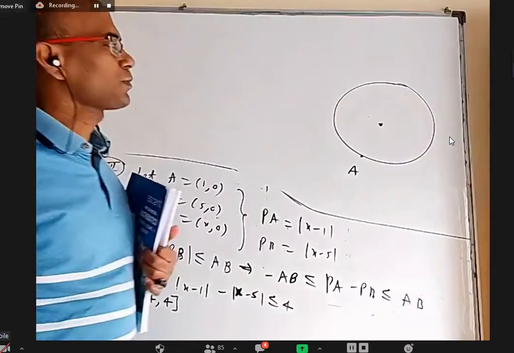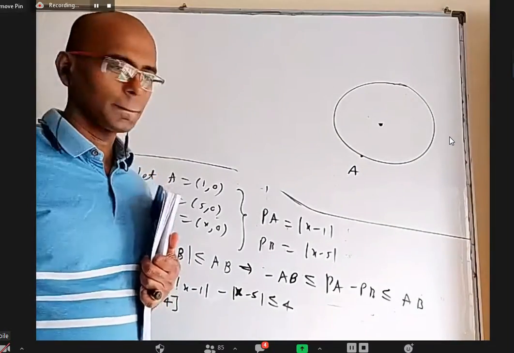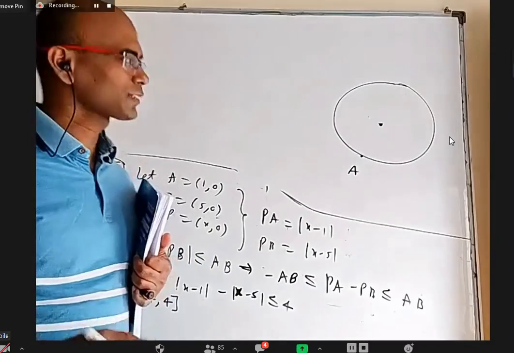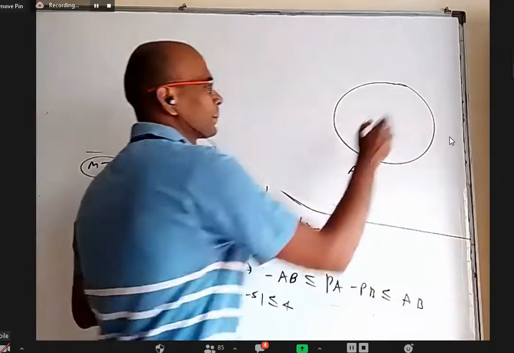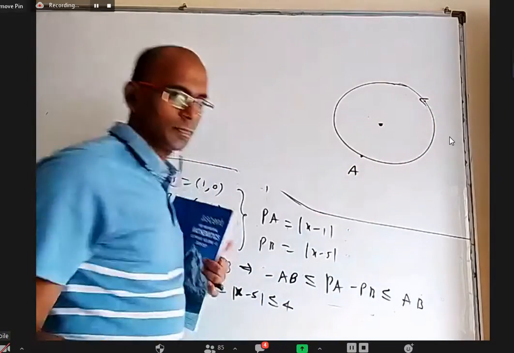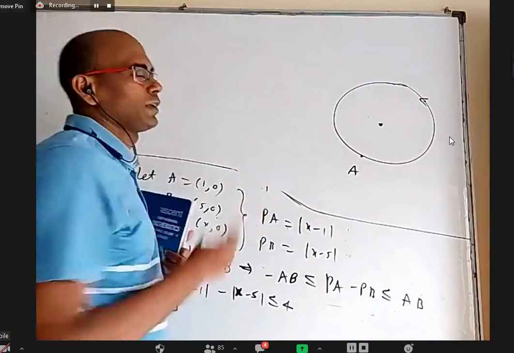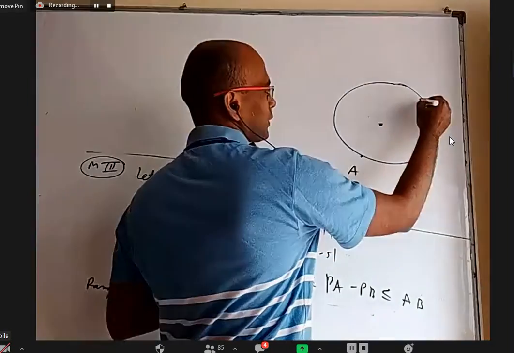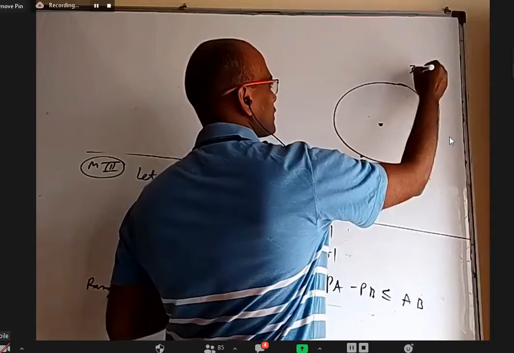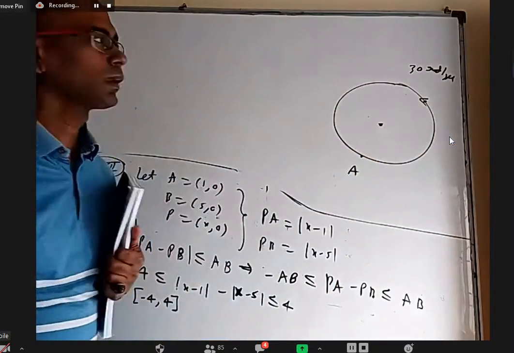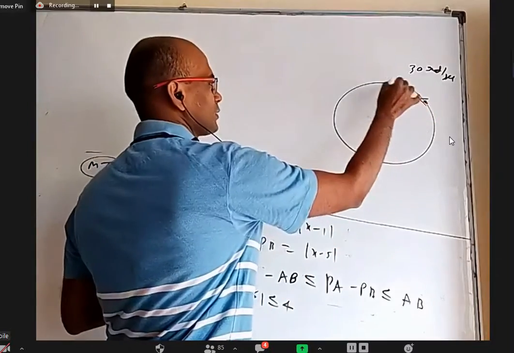I want to ask you one small question. Let us see if you can answer. It is both maths and physics together, kind of. A particle is moving on a circle with a uniform angular velocity. The angular velocity is, let us say, 30 radians per second. So it is here, here, here, going like this.